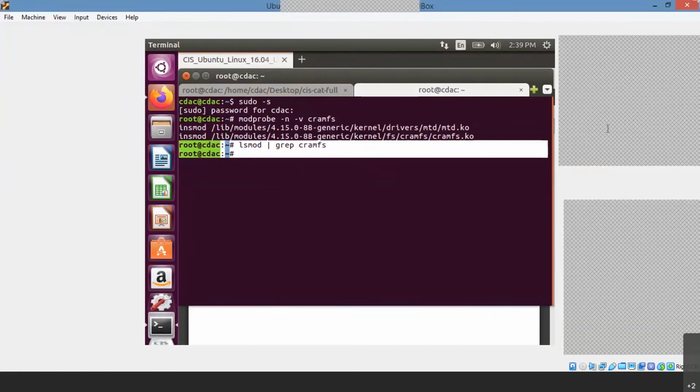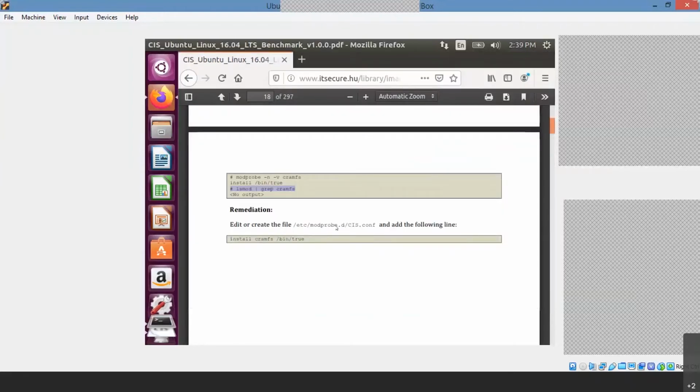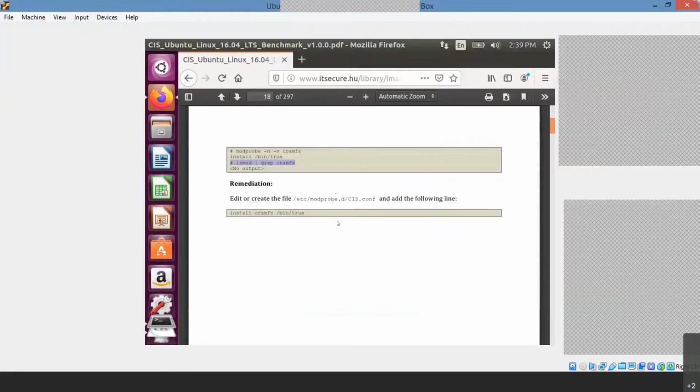Can anyone say whether it is compliant or not compliant? Ravi or anyone, Nabina Bera, compliant, right? Because how can you say it is compliant or not? You did not get the output, right? Your document says when you type this command, there should not be output. Correct, Dhananjay. But suppose your first command is not compliant, right? So what do you have to do at that time?